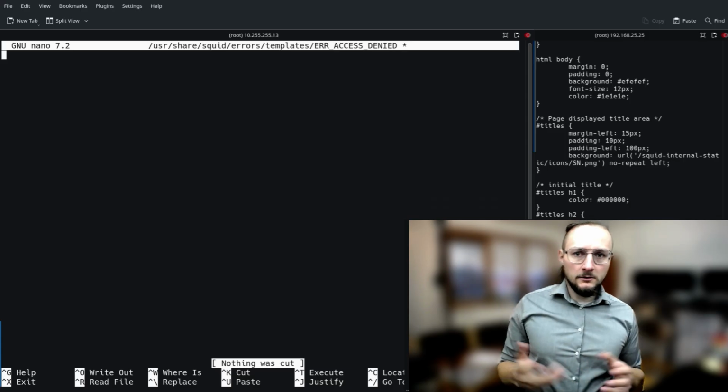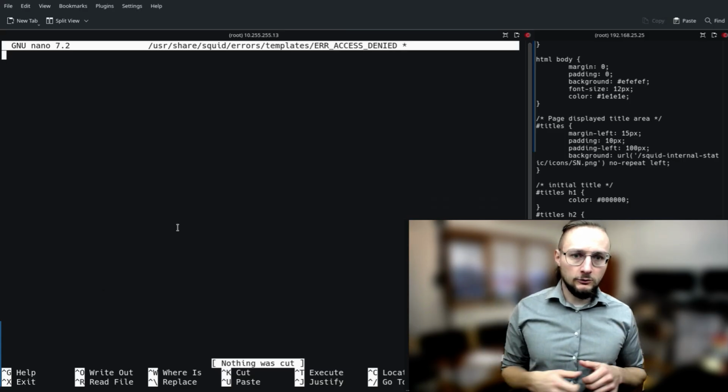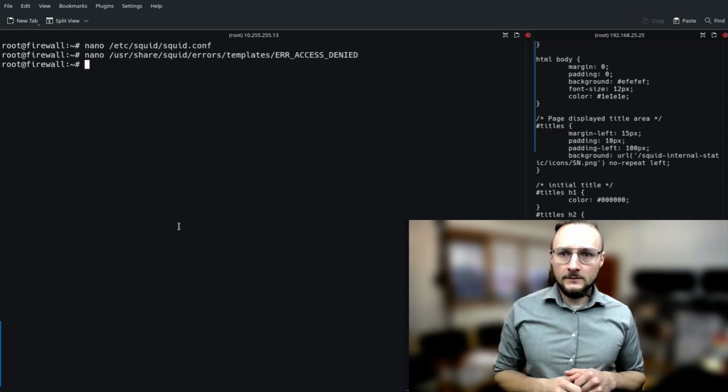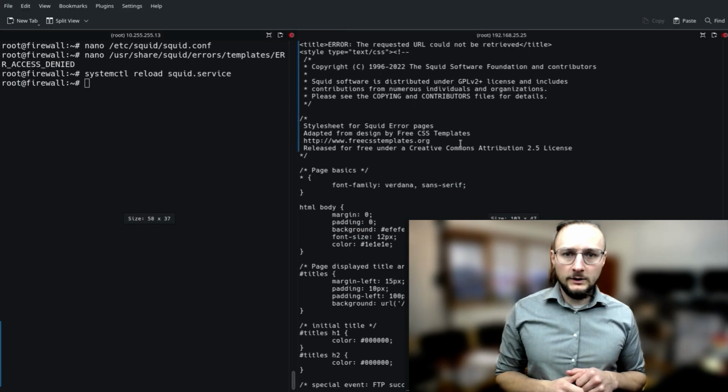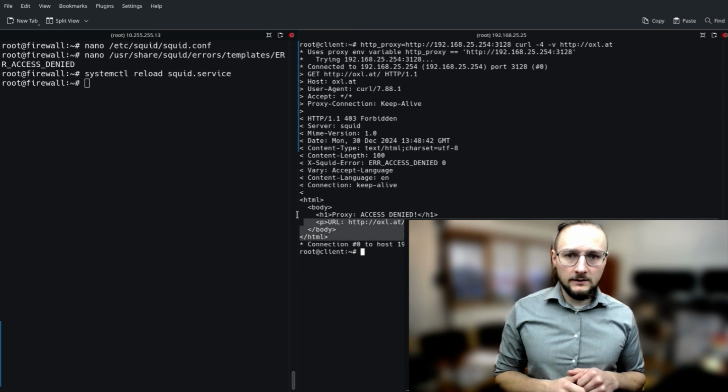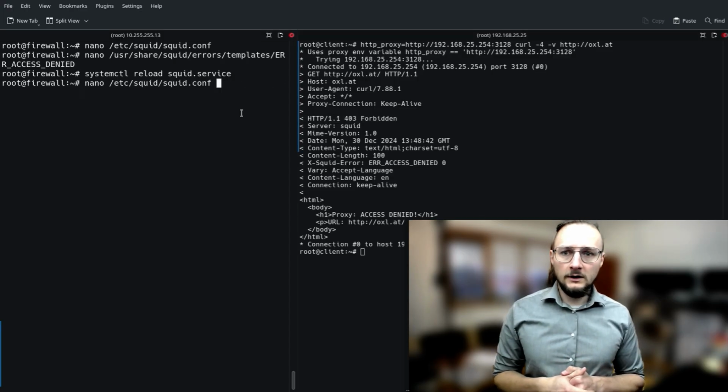You can change those templates to whatever you want. Now reload, so the templates get loaded. And let's retry it. Yeah, and the access denied template is updated,